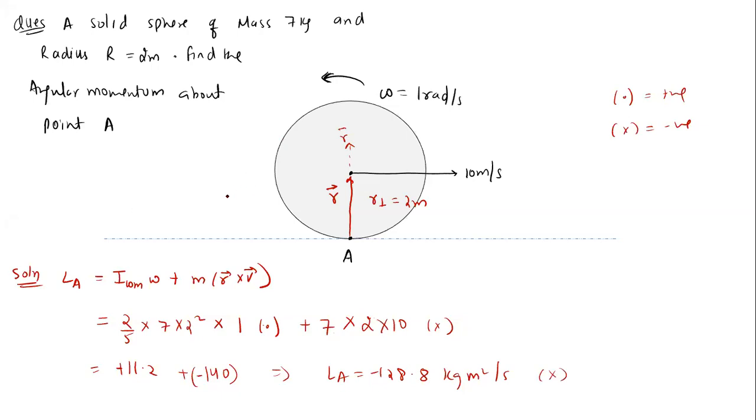Okay, next problem is, we have a rod. That rod is moving with a velocity of, say, 5 meter per second. The mass of the rod is 3 kg. Length of the rod is 10 meters. Find the angular momentum